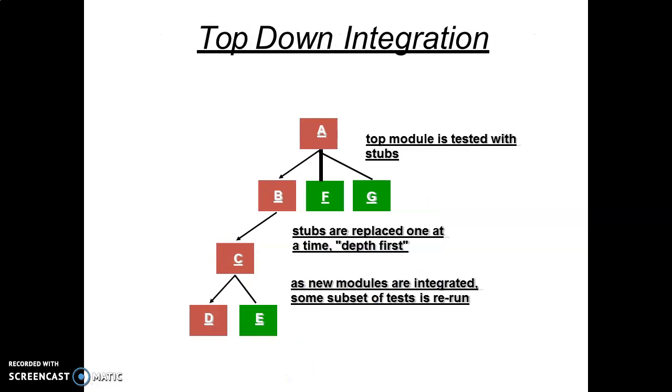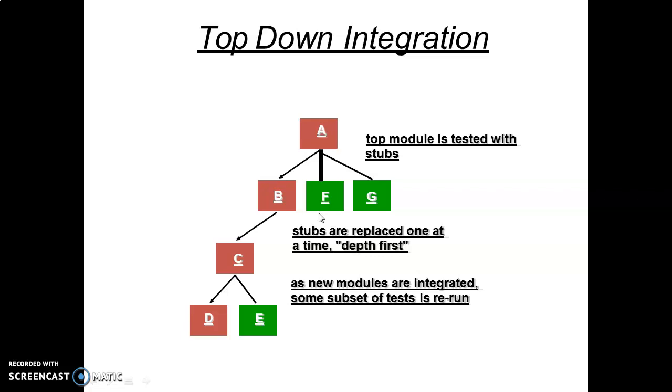So in integration testing, we have 2 variations, top-down integration and bottom-up integration. When we have a top-down integration, first we test the top module. And to test the top module, it may happen that the lower modules are not yet ready. So we have to temporarily create stubs. So stub means A may call B, F and G. So we have to create stubs, temporarily created modules which will work like F and G, and that is considered a stub.